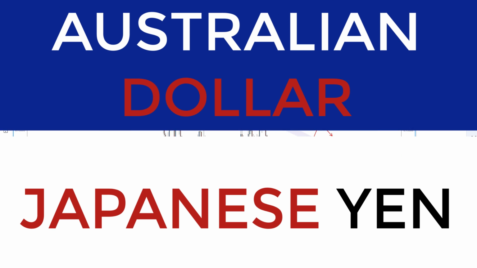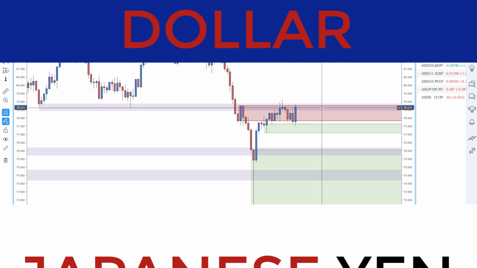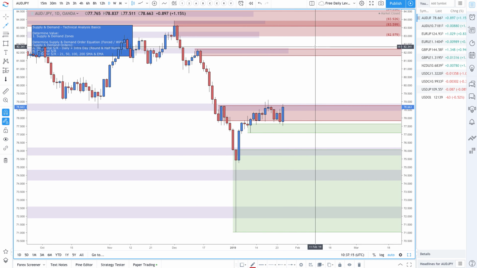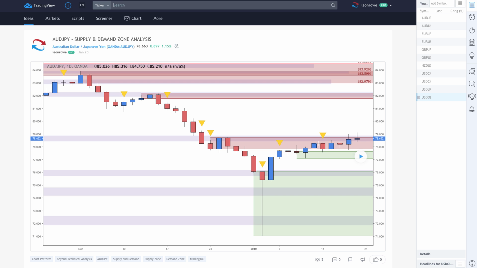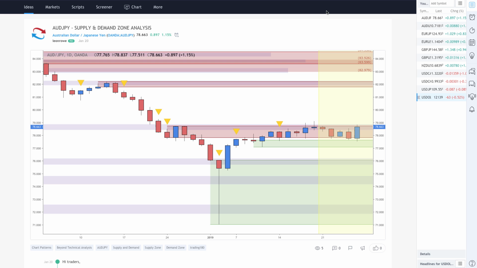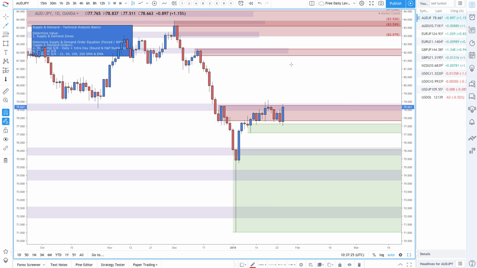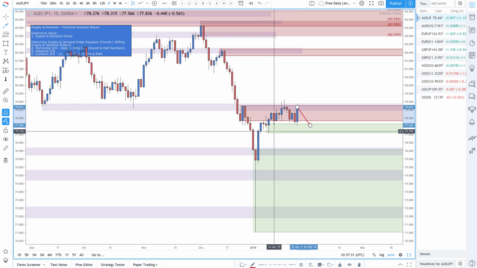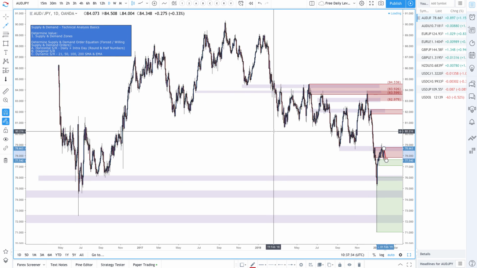Lastly, we've got the Aussie yen. Again, we've just gone sideways from last week, as we can see, contained within this supply and demand zone right here. So again, potential shorting opportunity on the lower time frame, and if you're looking at long trades,